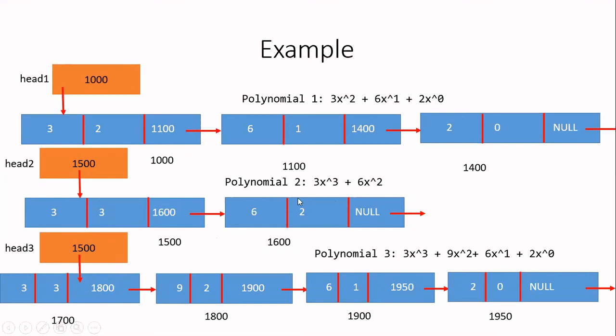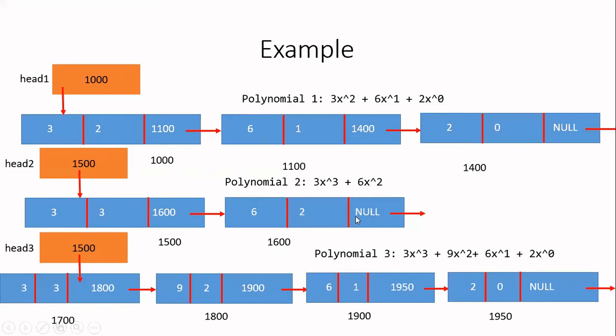Now I have done for this particular node. When I do for this node, now this time I have to move both the first as well as the second linked list to next node, because I have taken terms from both the linked list. So this 9 I got by adding this 3 and 6. So both the terms I have considered. So in the first polynomial, I have to now move to the next node, that is 6, 1. In the second polynomial also, I have to move to the next node, but now there is no node.